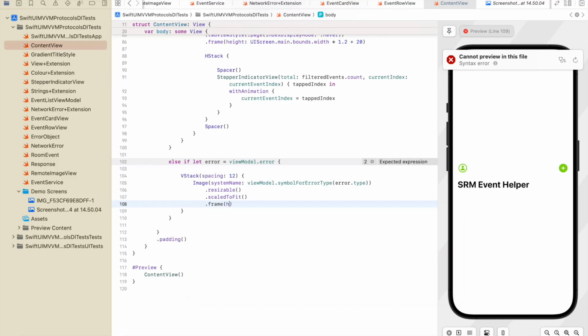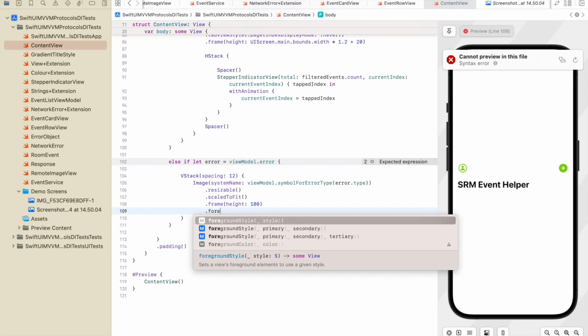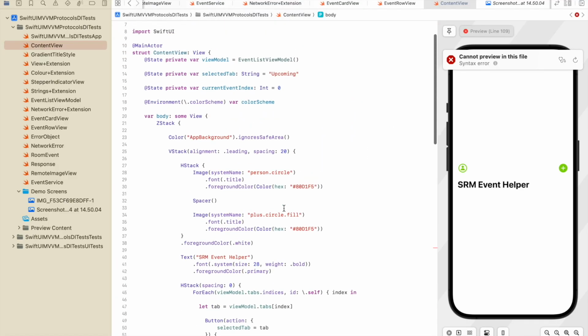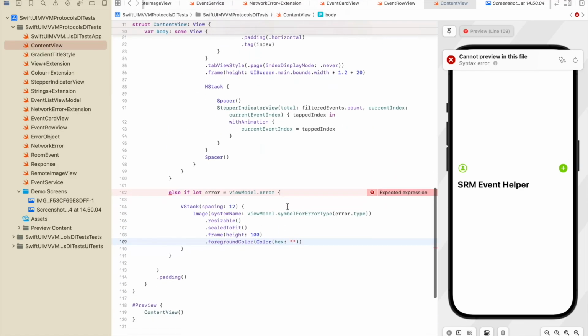frame height 100, foreground color style, which will be the hex value, 7BA3B1,